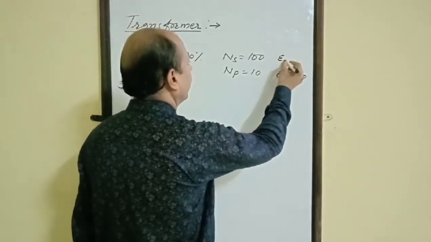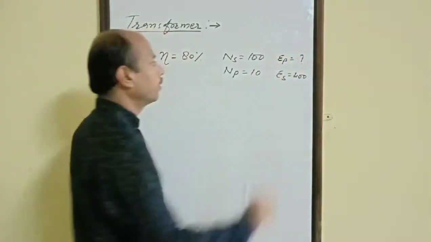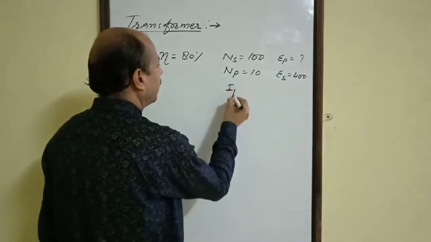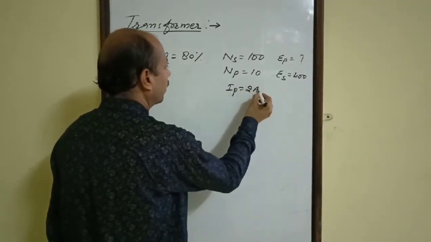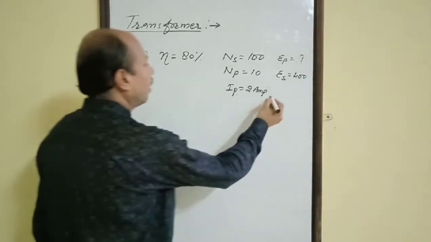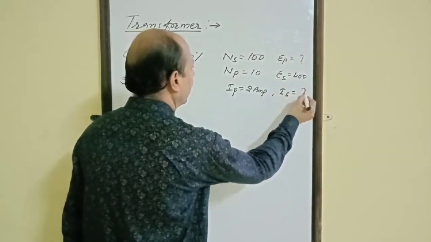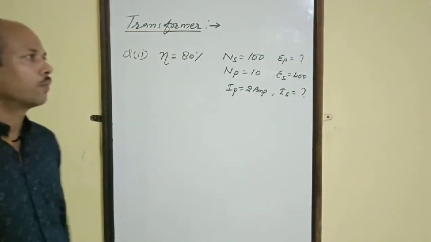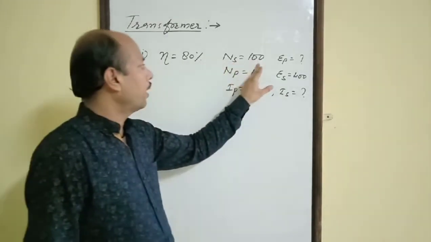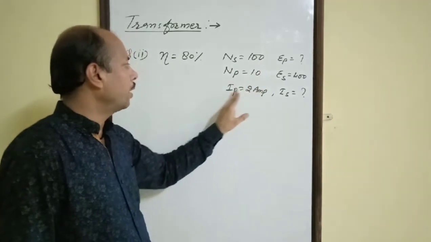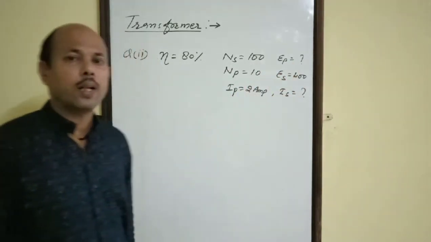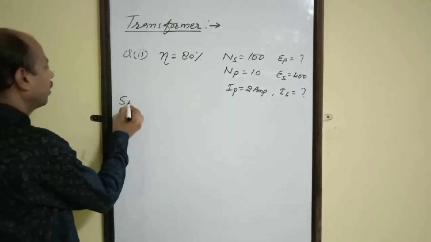You have to find out EP. And the second question, if IP equals to 2 ampere, what will be IS? This is the last question. Eta equals to 80%, NS 100, NP 10, IP 2 ampere, EP this, ES this, and we have to find out IS. So first of all,